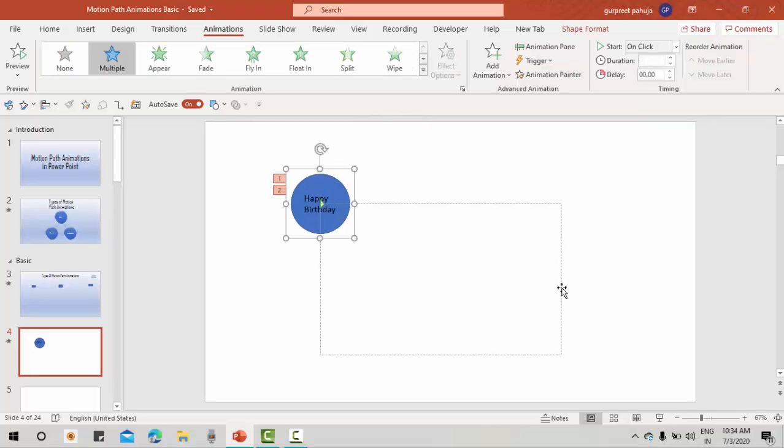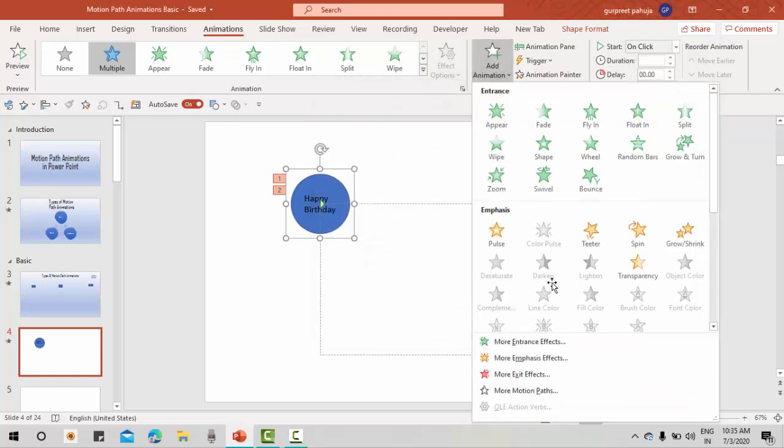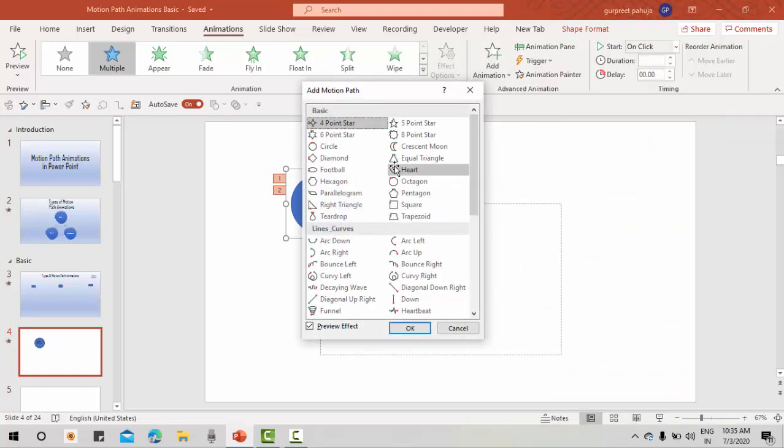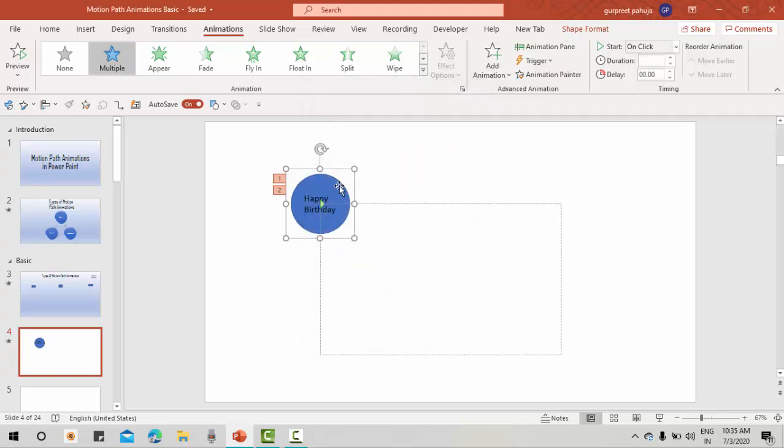So this is the basics of motion animation. I will not take much of your time, so I will just request you to please practice this, and basis your requirement, once you make your practical project or practical presentation, that will be helpful. Thank you so much for your time, and in the next video we will learn about line curves and the spatial curves, and we will also learn how to add in multiple animations.